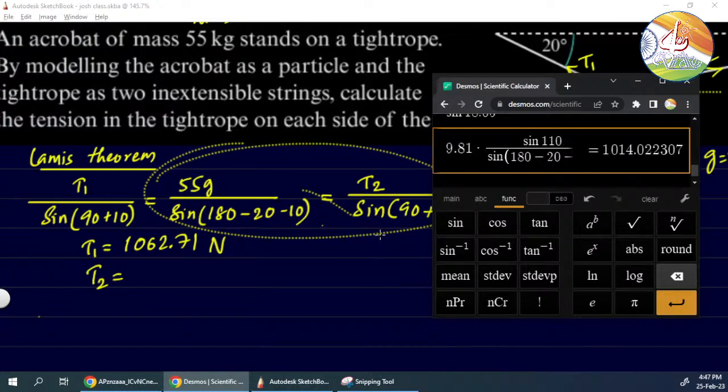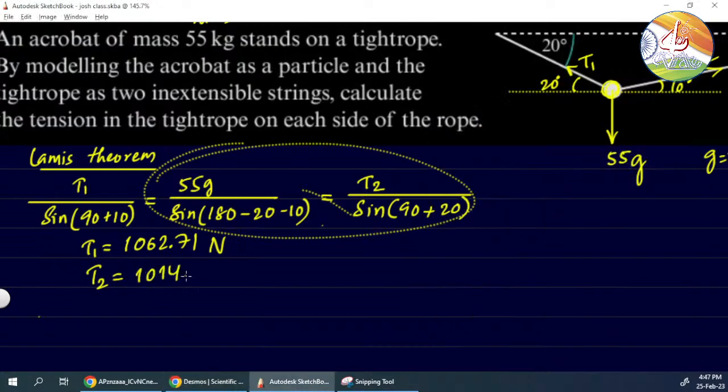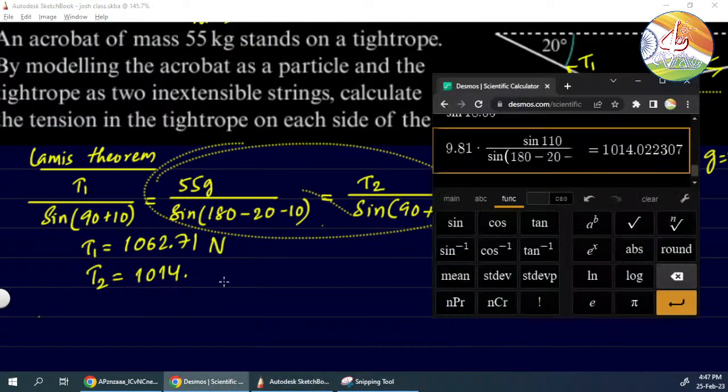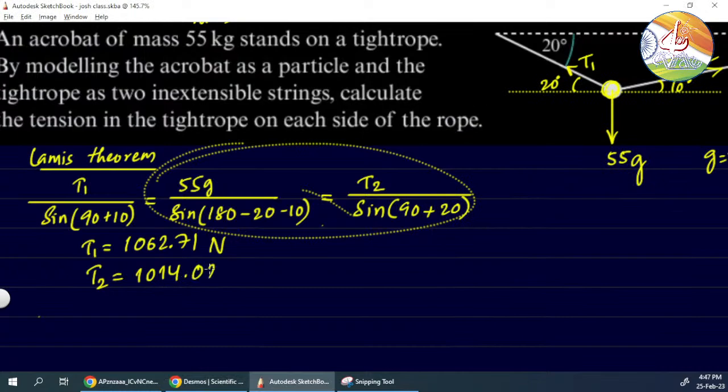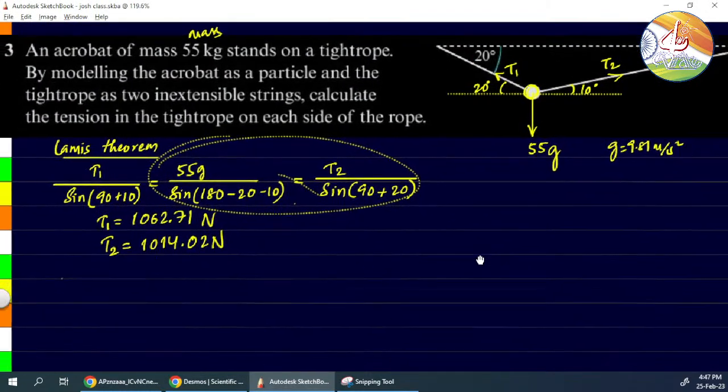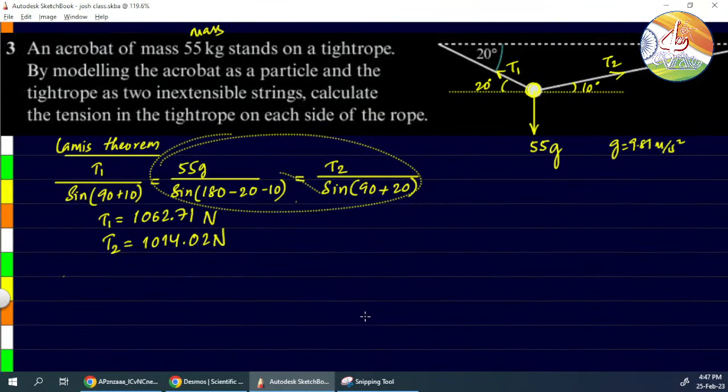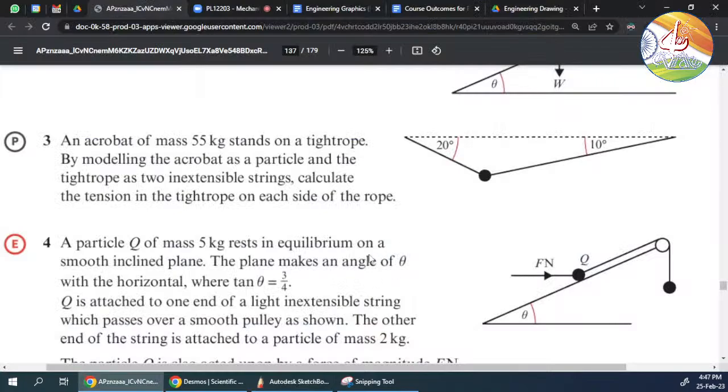This gets multiplied in the numerator, everything else remains the same. So we get 1014.02 in newtons. These are the values of the tensions. Any doubt here? No. Okay, so next let's